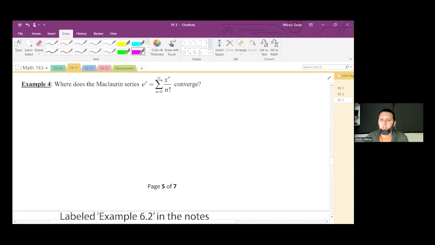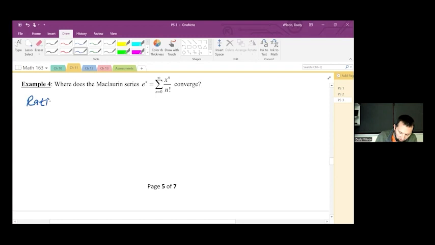Example 4. Where does the Maclaurin series e to the x equal to the sum from n equals 0 to infinity of x to the n over n factorial converge? So we're going to answer this using the ratio test. So let's start with our ratio test. That would mean we need to look at the limit as n goes to infinity of the absolute value of the ratio of the consecutive terms,